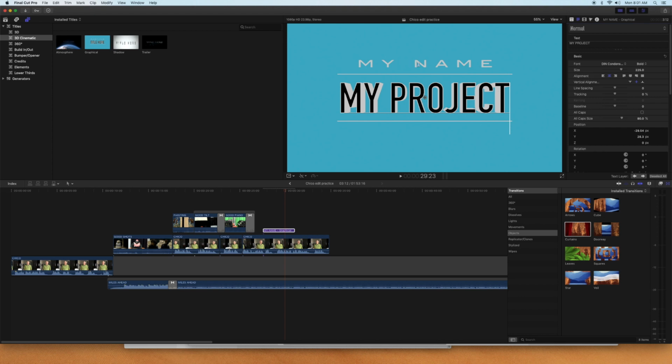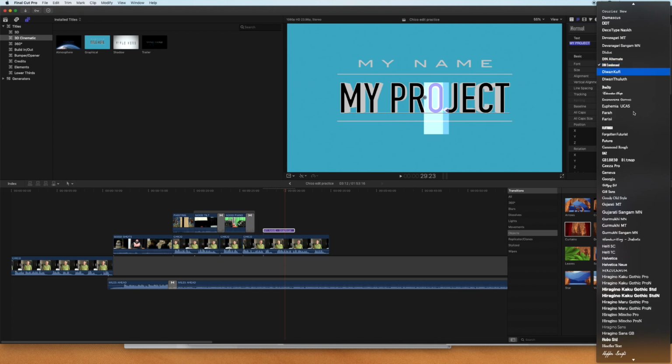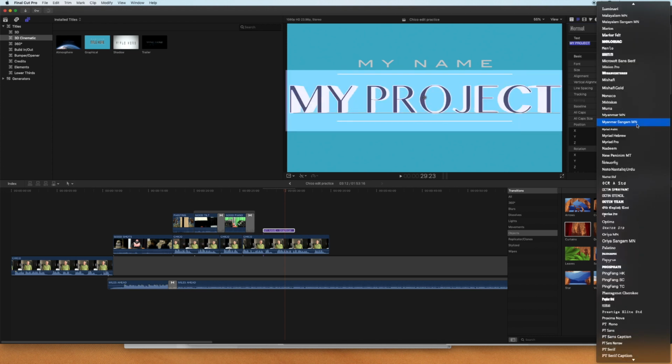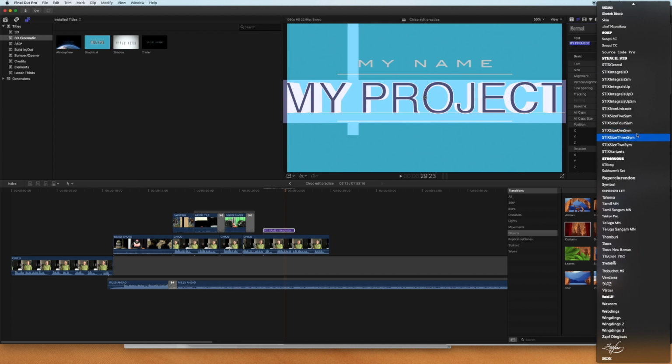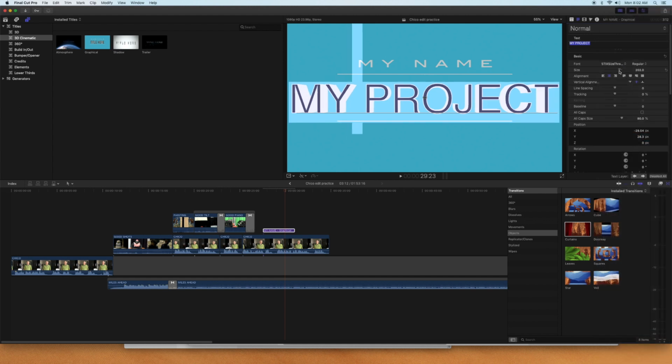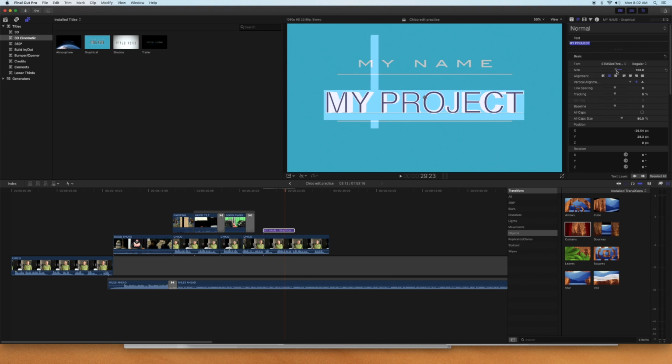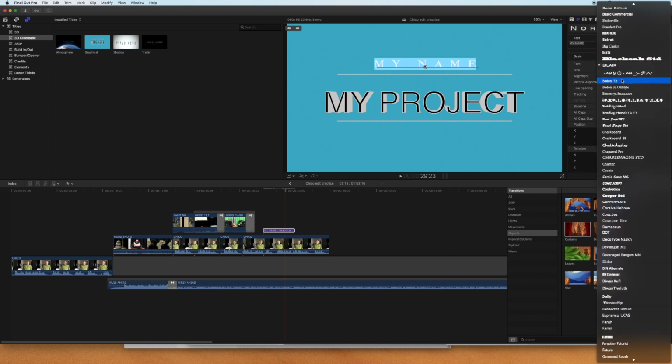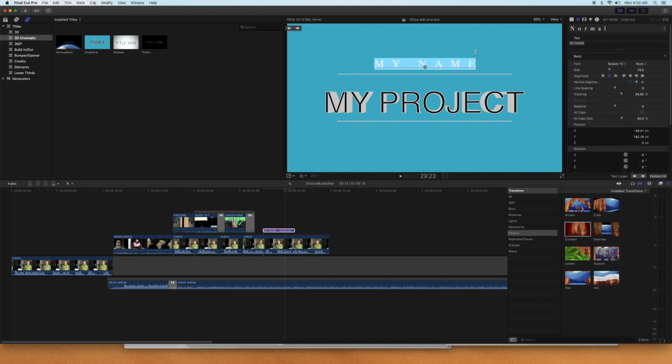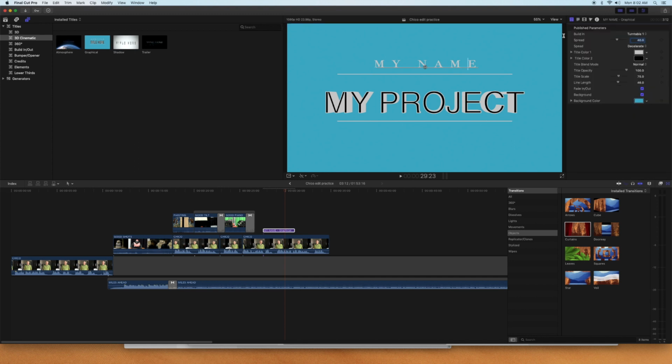What if you didn't want it blue? What if you didn't want to use this font? Well, for each part, you can click on it. You can change what the font is, and again, there are lots and lots of options. And you can change the size, and you can change all that. Just like any basic typing program, you can go up to my name, highlight, and change this part too. If you want to change the other options, like how the words come in and the color of the background, stuff like that, up here at the top, next to those lines, you've got the T itself. When you click on that,